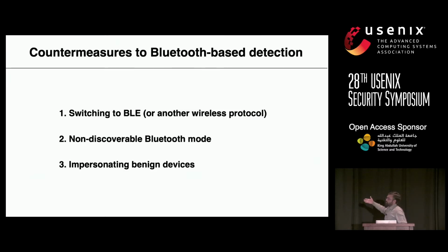Now, there are several countermeasures to this mode of detecting Bluetooth skimmers. Criminals can try switching to BLE, or they can use a non-discoverable Bluetooth mode in which we can't get any device discovery, or they could try impersonating benign devices. And we discussed the cost and responses to this in our paper. But the high-level point here is